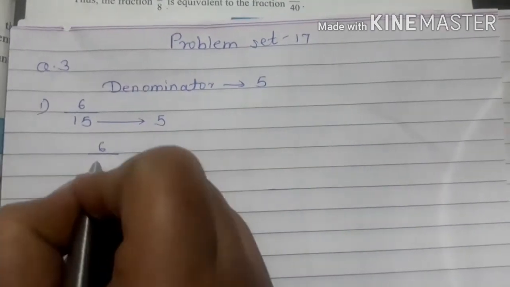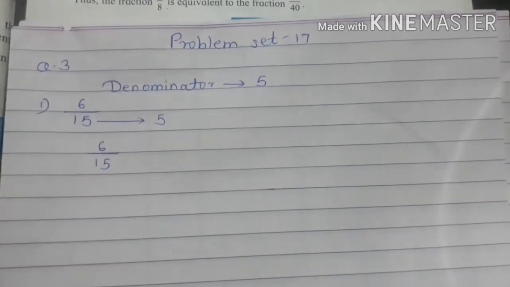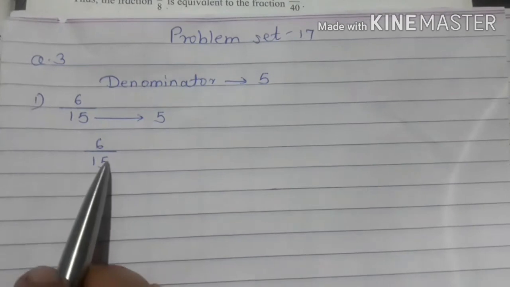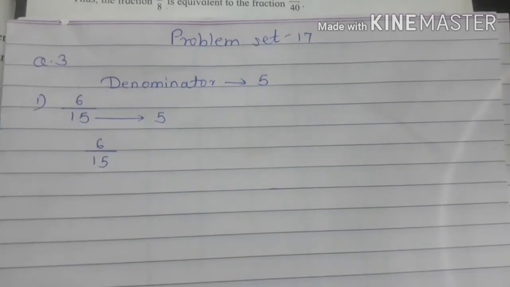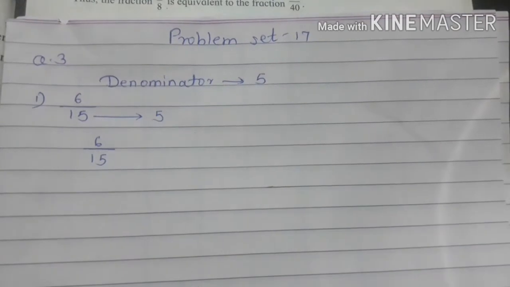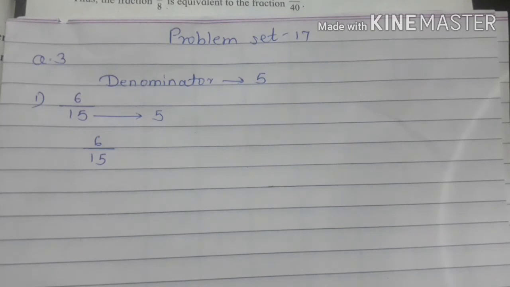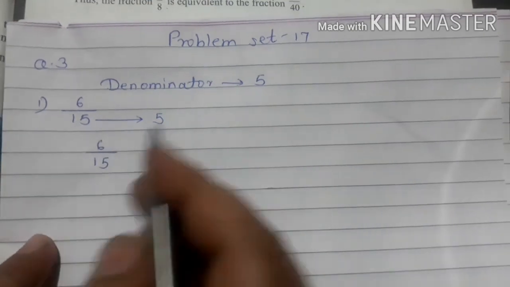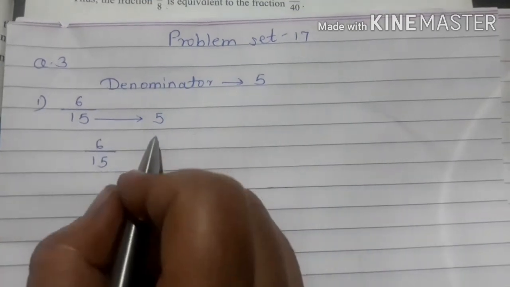See, the given fraction is 6 upon 15. Now this 15 we have to convert into 5. First you have to check in which number's table 15 is there. Yes, in the 3 table is there, in the 5 table is there and the 15 table is there. Okay. Now see, the answer we want is 5. Now count the 3 table, on which place is 15? 3 5s are 15. Yes, as I divide 15 by 3, what do we get? 5.